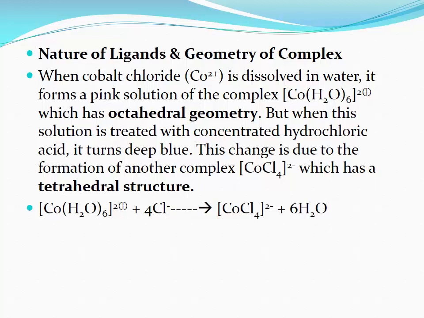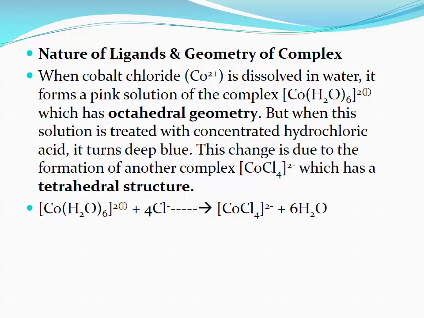Now we are going to see the next point, nature of ligands and geometry of the complex. Both points depend upon each other, therefore we are going to see them combined. Ligands are nothing but negatively charged ions or neutral molecules which are bonded to the transition metal ion. Now we will take the example of cobalt chloride. In cobalt chloride, the oxidation state of cobalt is 2+. When it is dissolved in water, it forms a pink solution